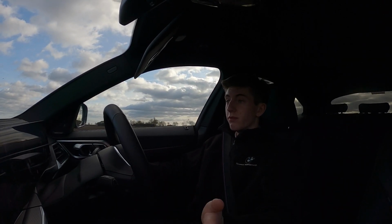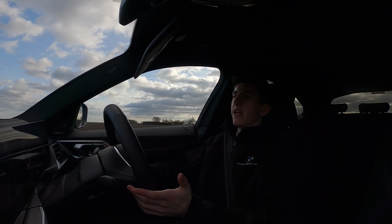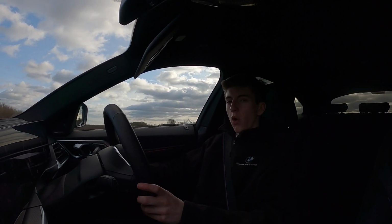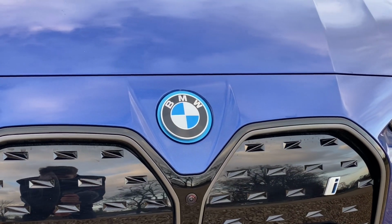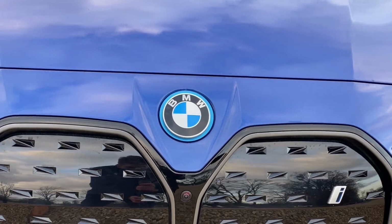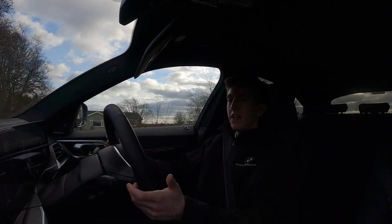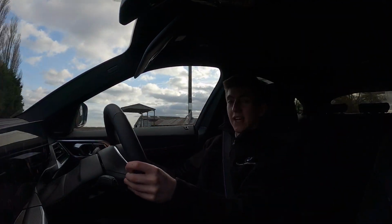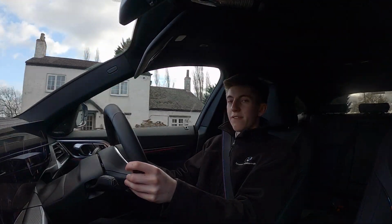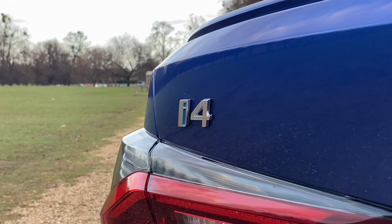That brings me on to the other thing that I like about the interior of this cabin, which is just how quiet and comfortable it is. The seats are very comfortable, the ride on the i4 is quite soft, and this isn't even on air suspension. The M50 model has a rear air suspension axle, but this is really smooth. The heated seats keep you nice and warm in the winter, the heated steering wheel keeps your hands nice and warm if you've just come in from a cold day outside. So it's definitely a pleasant place to be, but it really does maximise comfort as well as obviously the efficiency